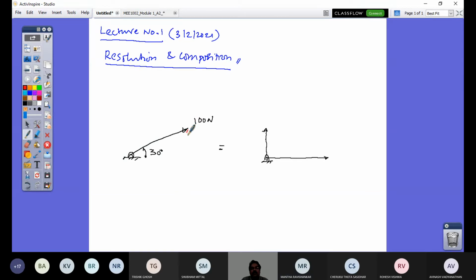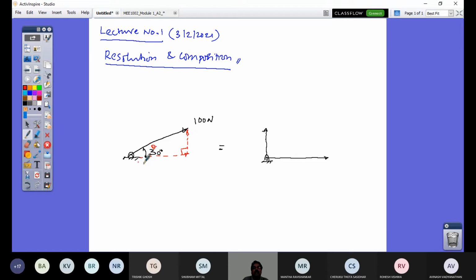So that comes from your simple understanding of right angle triangle geometry, right? So if I have my right angle triangle, and if this is angle theta, in this right angle triangle I have my Pythagoras theorem and my trigonometry. So I define sine theta as opposite side by hypotenuse, and cos theta as adjacent side by hypotenuse. That helps me to resolve this vector into two components, one along this direction, another along this direction.